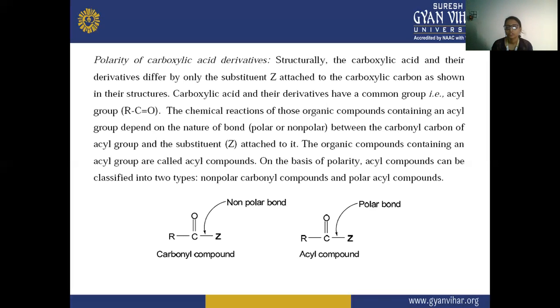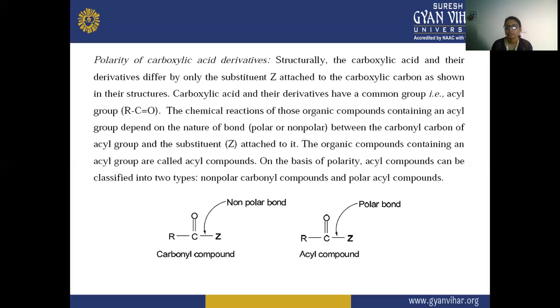In the structure, you can see that the carboxylic acid and their derivatives have a different substituent Z, but they have the common RCO, that is the acyl group. The chemical reaction of those organic compounds containing an acyl group depends on the nature of the bond between the